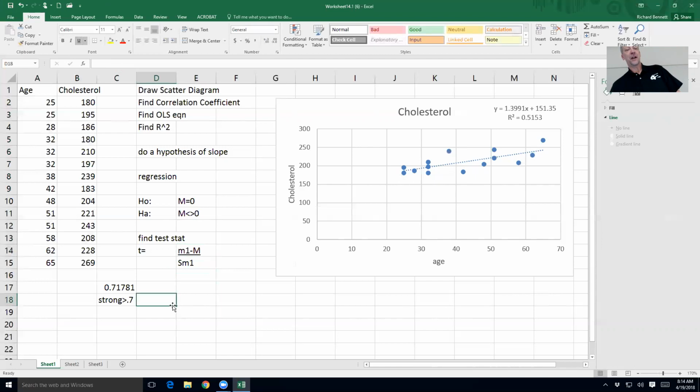Now the problem is we need to find S sub M1, or S sub M, whatever, I'm just going to call it S sub M. So what's S sub M? What's the equation for that? S sub E is the square root of the sum of y_i minus y hat squared over n minus 2. Yeah. Okay, now, isn't there another name for that? I might get this mixed up. Standard error of the